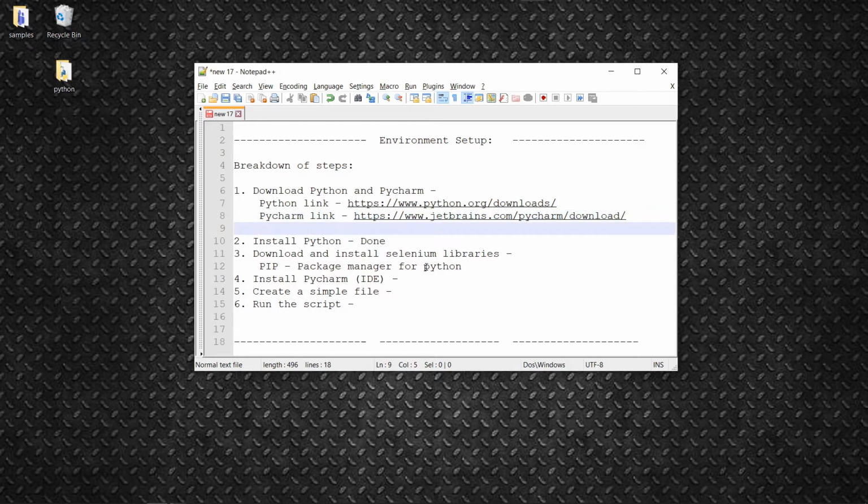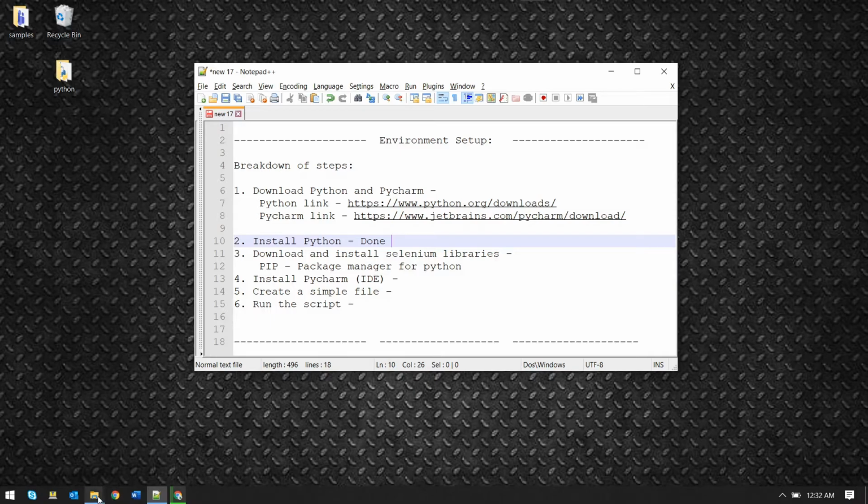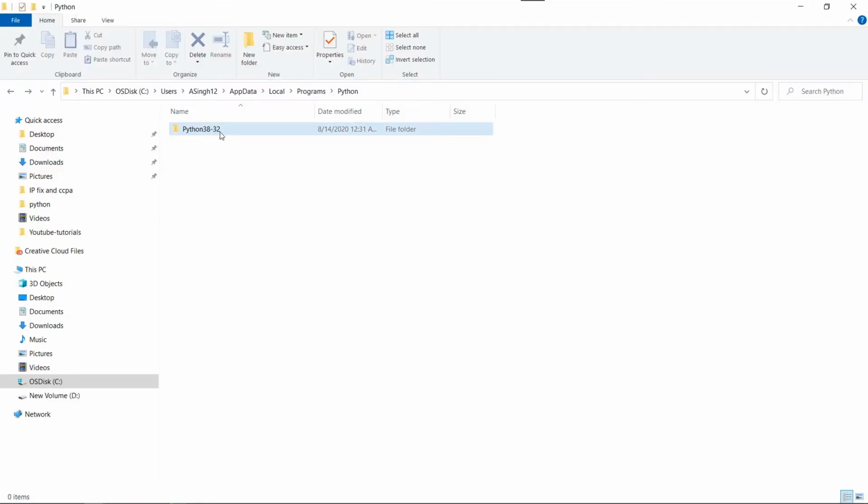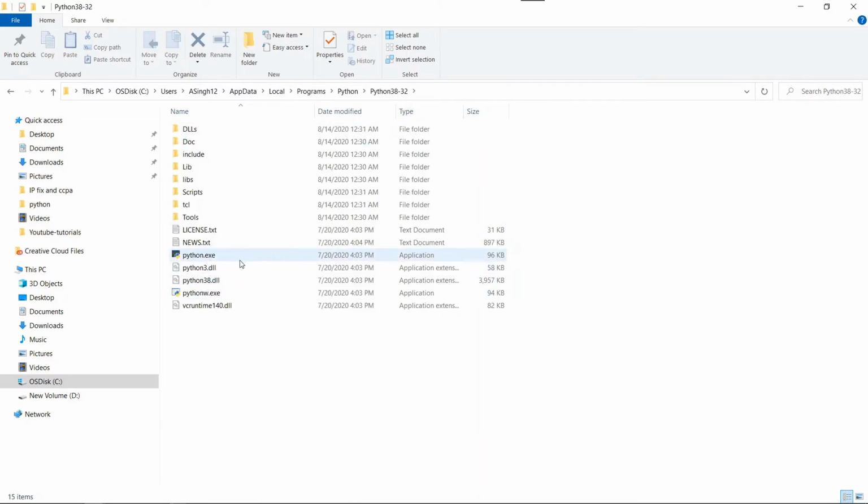So next, what we are going to do is go to the Python location where Python has been installed. We'll come here. It is the default location where Python is installed. We'll open this, and this is the exe binary file.